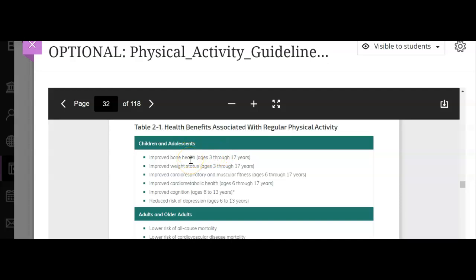Improving bone health was on the old one, the 2008, but now it specifies ages 3 to 17. Improved cognition for ages 6 to 13 is new. That was not included in the 2008 document, and neither was the depression, which was included but did not have the specific age. So you're going to see some changes.